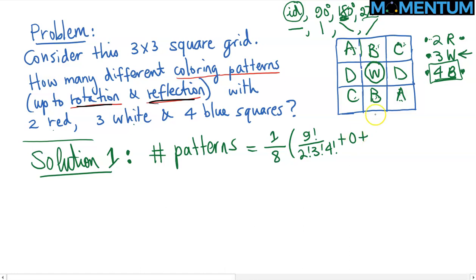Or if you will, 4 factorial, if you want to be consistent, 4 factorial divided by 2 factorial, 1 factorial, 1 factorial. We already described that the 270 degree rotation, that one is a 0. And lastly, we need to check the fix of the reflection across the horizontal axis, the vertical axis, and then the 2